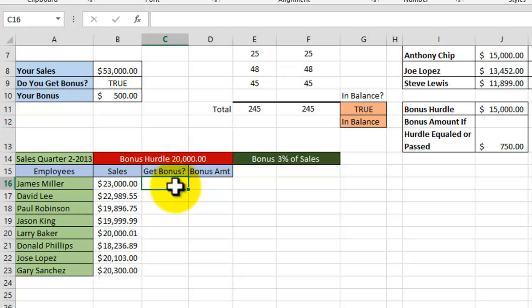So now let's go ahead. That's gonna be equals IF, we open parentheses, we select the cell B16. Now if this is greater than or equal to 20,000. We don't have a cell reference, right? So we're gonna type in